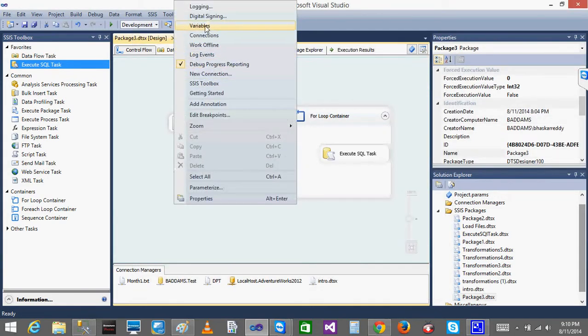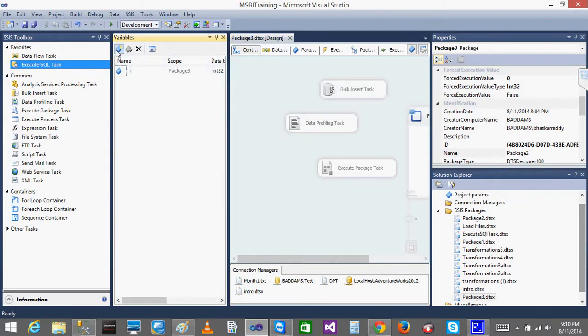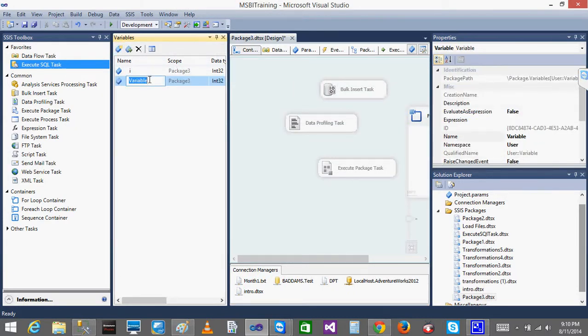Instead of that, I can give the value also in the variables only. I can declare it, just go to the variables. I will just add one more variable called x. I will give the initial value as 1. Now I will add one more called y. So this y will have the 10 value. I want to run the package 10 times, so I will just have 10.